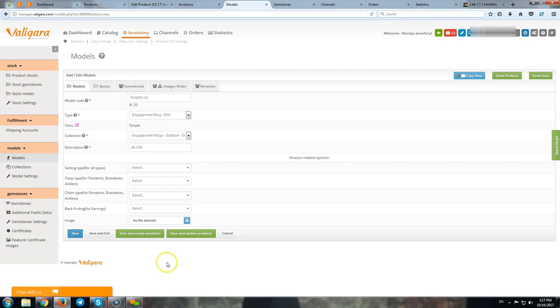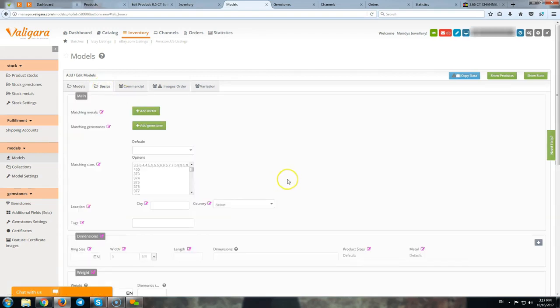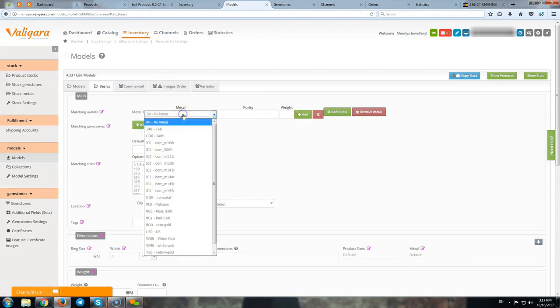Now, what does it consist of? It consists of what type the product is, what class the product is, we will talk about it, what the collection is, and some short description. And here inside the model we can already put all the relevant information. For example, if we know the matching metals for the specific